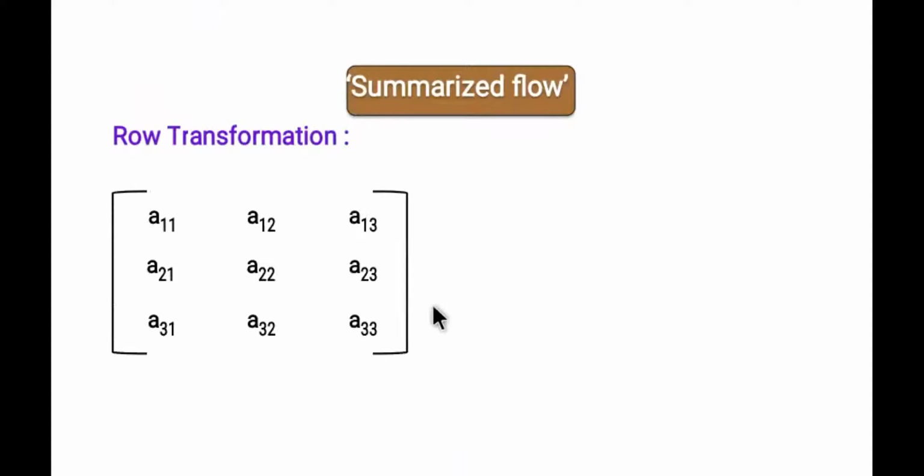Okay, so row transformation has a flow. These are your elements. First, you have to make sure A11, A22 and A33 are converted into 1 whenever you're moving to each column. Whenever you're moving to the second column, your first step is to convert the middle element to 1, and when you're moving to the third column, the last element to 1. That is the first step when you move to each column.